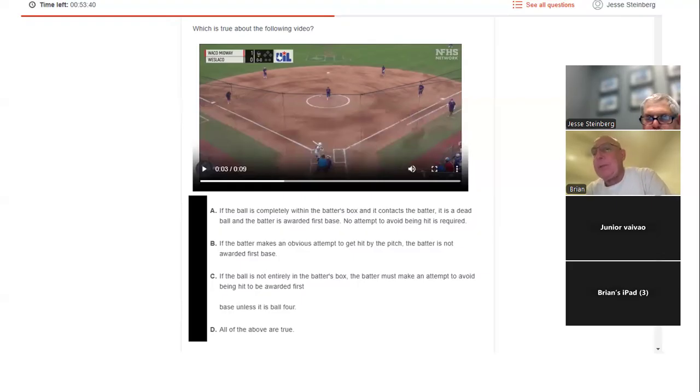She might also be preventing the ball from entering the strike zone, right? That's what that would be. The ball's not a strike. Okay, let's not worry about the ball being a strike. But if it's close enough to her, and it's not completely in the batter's box, but it's a ball, she has to try to get out of the way. She can't just stand there and take it. Yes. Otherwise, it's gonna be a dead ball. We've had that before. So all of these statements are correct, are they not? Yeah, but not for that video. Are you sure?